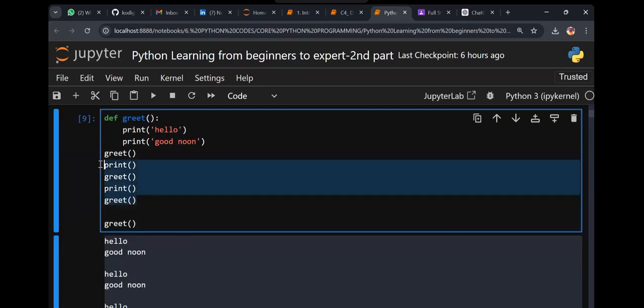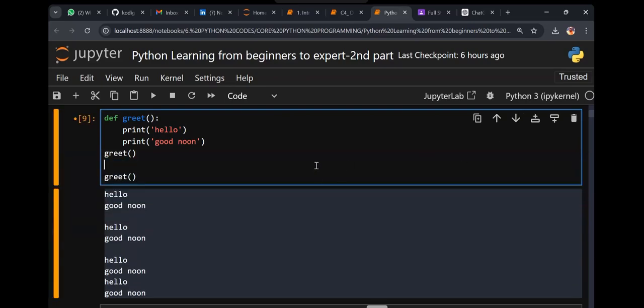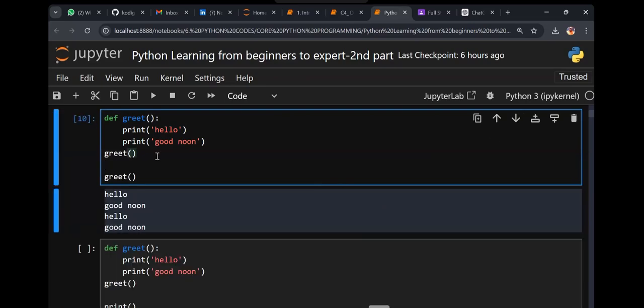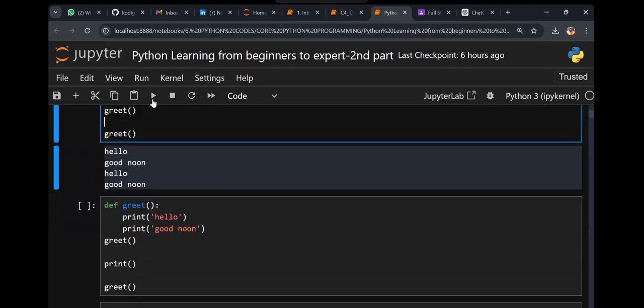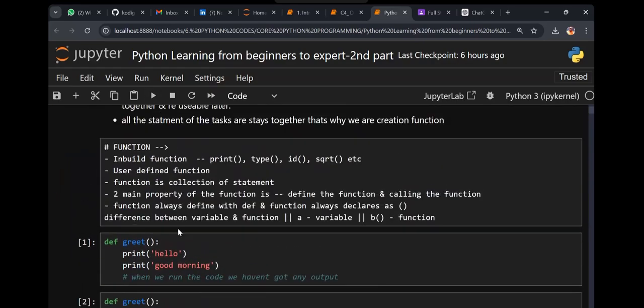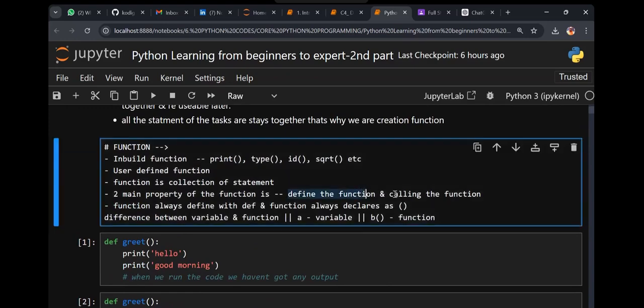Actually, if you don't know functions, you don't know methods. You can never write methods, classes, OOPs, all those things. Just go ahead and let's do this. So let me repeat again. Two main properties: define the function, call the function. The beautiful part of the function is once you define a function, you reuse it later. You need not write the same thing multiple times. Understand, guys? Because in memory, when you reuse, it takes less space. Got my point? Next one.